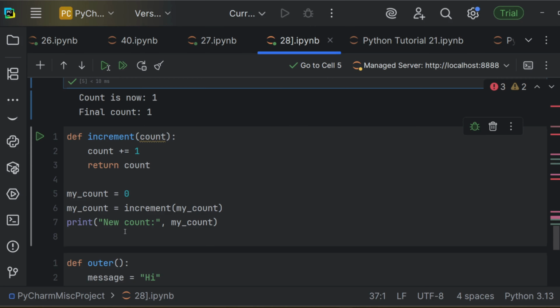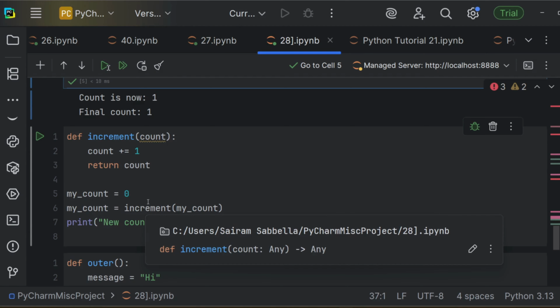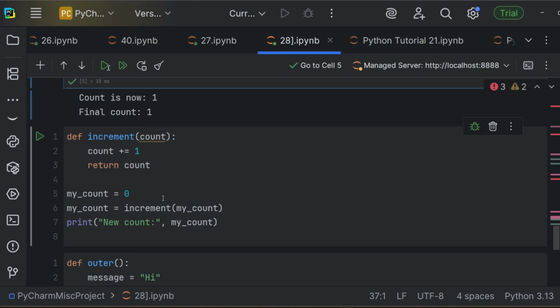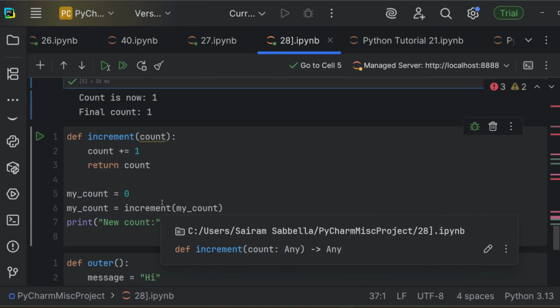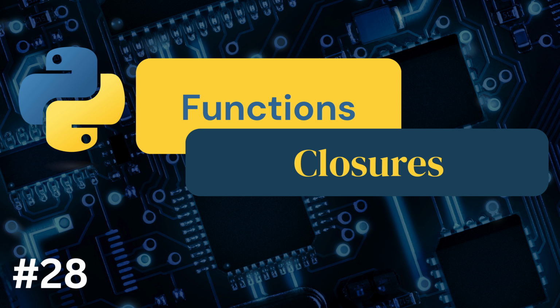So, how do you handle variable scopes? I'm going to tell you to prefer local variables. They're safer and keep your functions independent. Remember, like last time, always remember to use parameters and return values to send data in and out of the functions instead of relying on global variables. And use global sparingly and only when absolutely necessary.